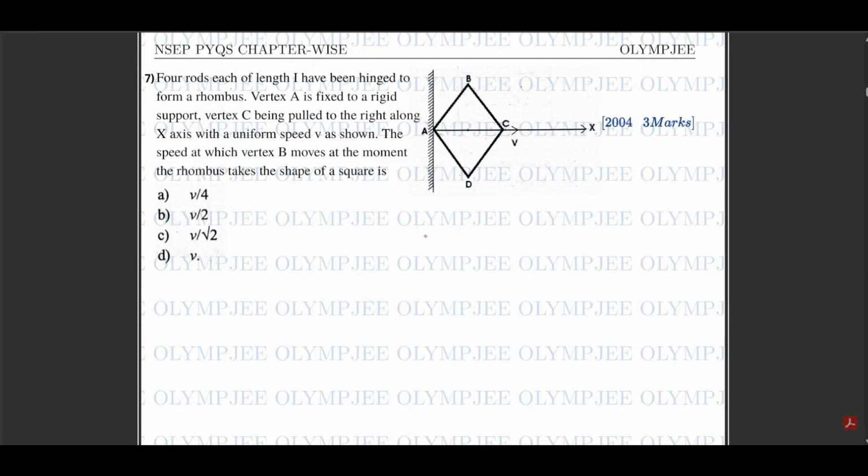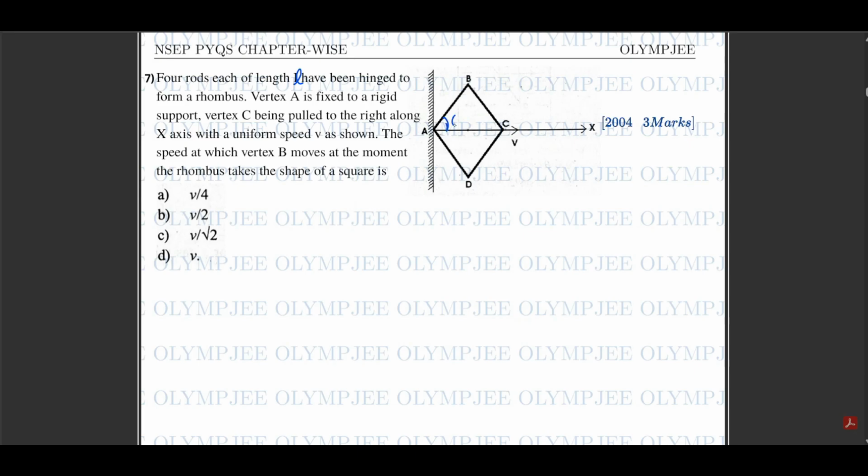Question 7 says, 4 rods each of length L, this should be L, have been hinged to form a rhombus. Vertex A is fixed to a rigid support, vertex C being pulled to the right along the x-axis with uniform speed v as shown. The speed at which vertex B moves at the moment the rhombus takes the shape of a square is. So we know that